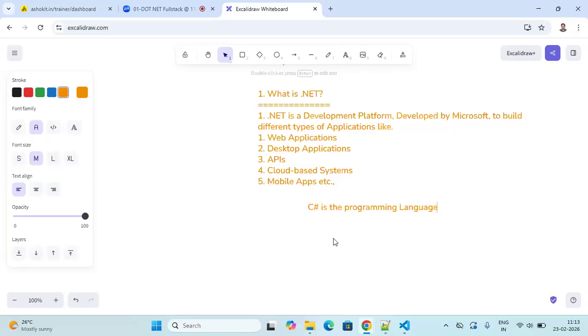C Sharp is the programming language, and .NET is the platform that provides runtime environment and libraries to execute that code. So whenever we build applications using C Sharp, the .NET platform